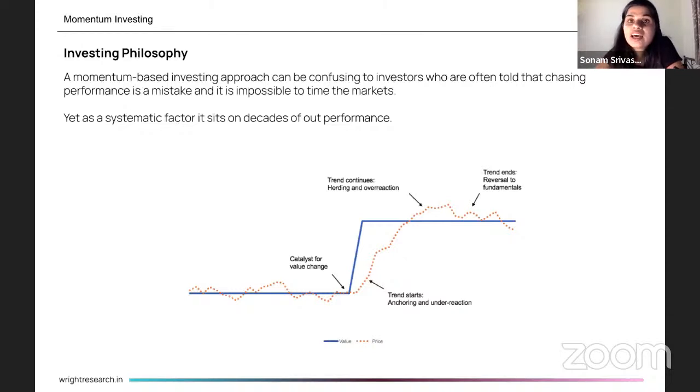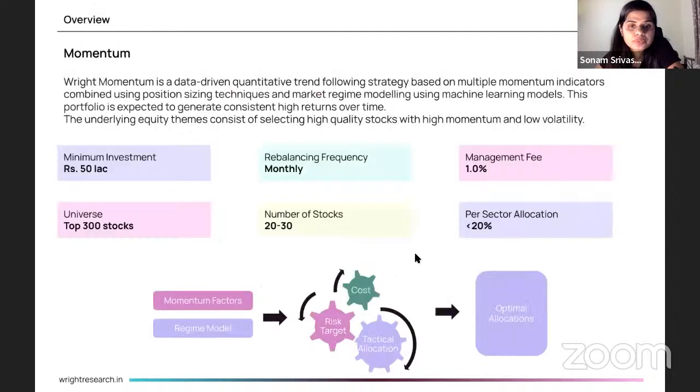So unless there are a lot of buyers, the price will not move, right? So what this portfolio tries to do is capture these trends. It tries to find out which stock has picked up a trend, and then it invests once the trend has formed and exits when the trend has been broken. This is investor behavior that this portfolio tries to follow, and does it in a very well diversified and low-risk fashion.